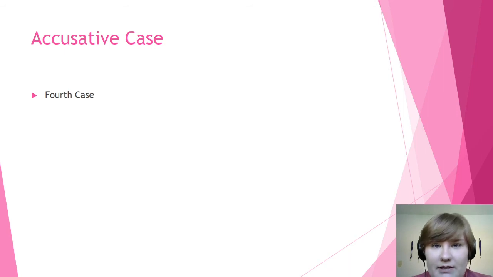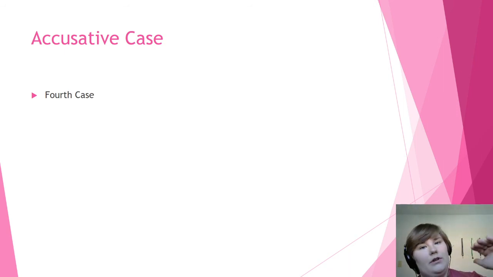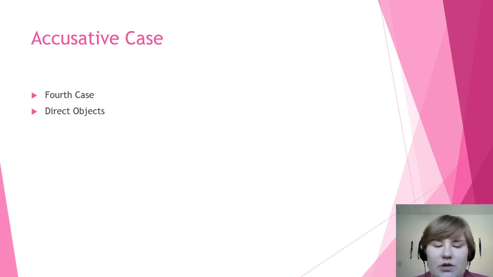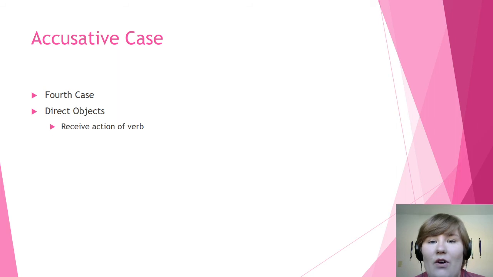And then we get into accusative case. Accusative case is the fourth case. So it goes nominative, genitive, dative, accusative. Okay? And we're going to see this used mainly for direct objects. So what is a direct object? Well, a direct object receives the action of a verb. So, for instance,